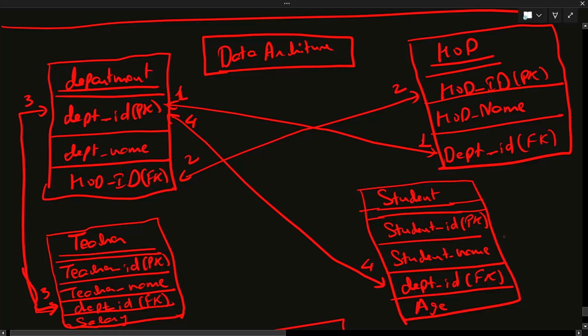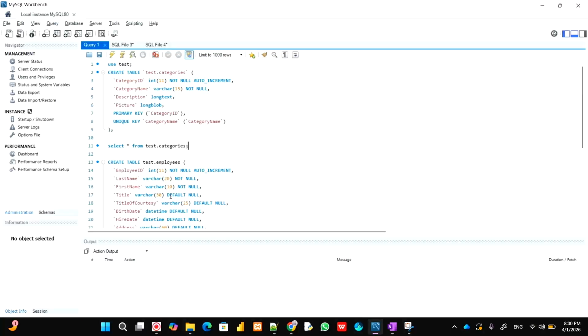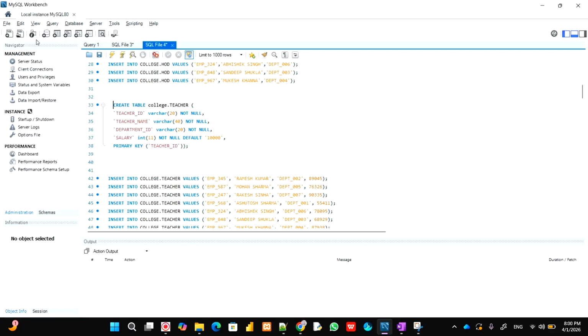Today we will try to learn about SQL. So today we will start using the select queries and other forms of SQL, right? You may remember this is the data model which we were having. If you see, there's a department table, a HOD table, a student table, and a teacher table, right? Now, if I take an example,